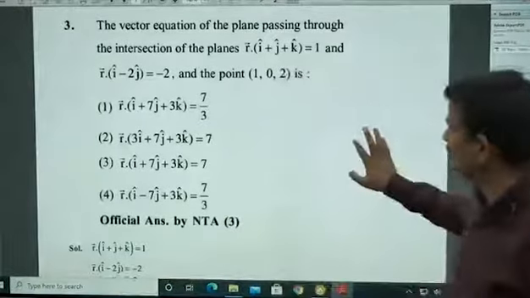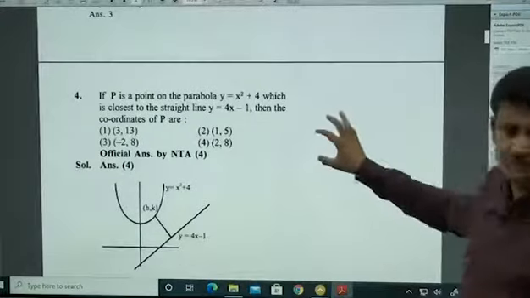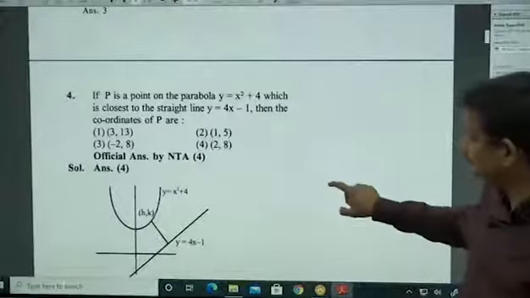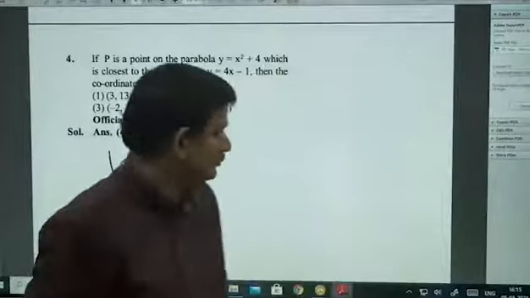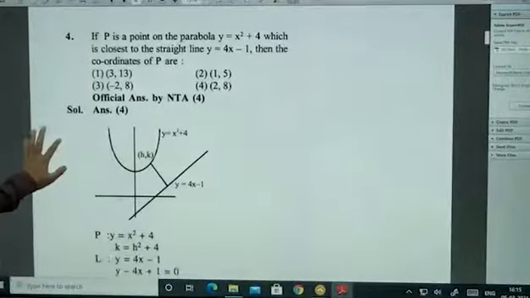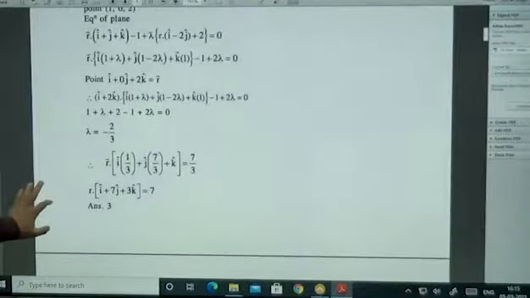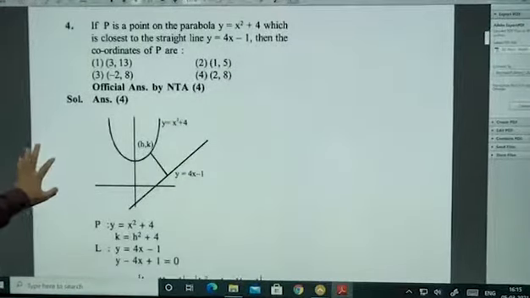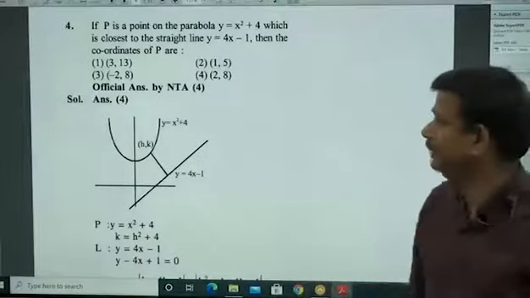Very important. So the third condition could be anything, perpendicular to some plane or perpendicular to some line or whatever. Family remains the same, P1 plus lambda P2. What did he do? Same thing he did, but only thing is he did it in vectors. Better to do it in 3D. Unnecessarily you need not write i cap, j cap repeatedly.